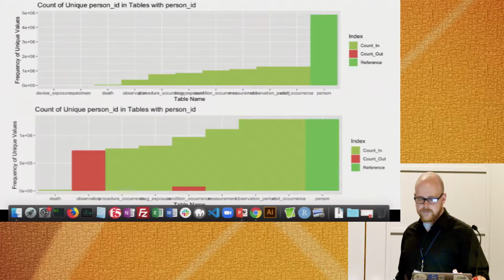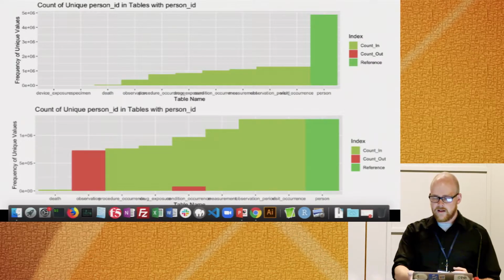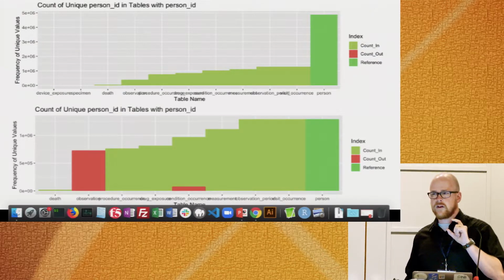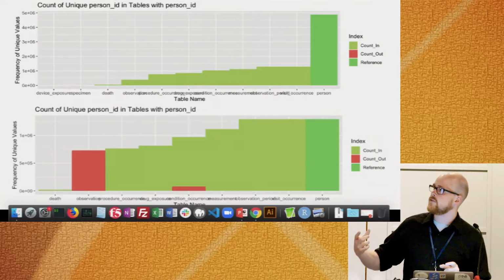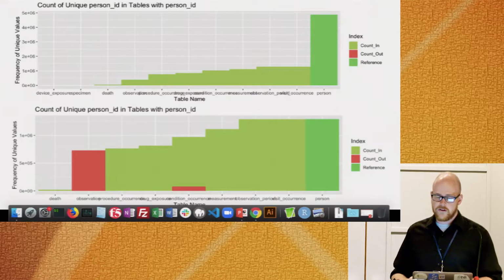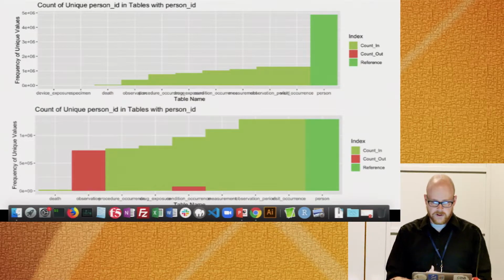In the top table, there's no red, so you could probably just skip on by. But what this is telling you is that in each of these tables, the green columns are the number of IDs that have been found in the person table. So these are person IDs that have been found in the person table. So you have a good clean result, no orphan keys. And the second one we're looking at,